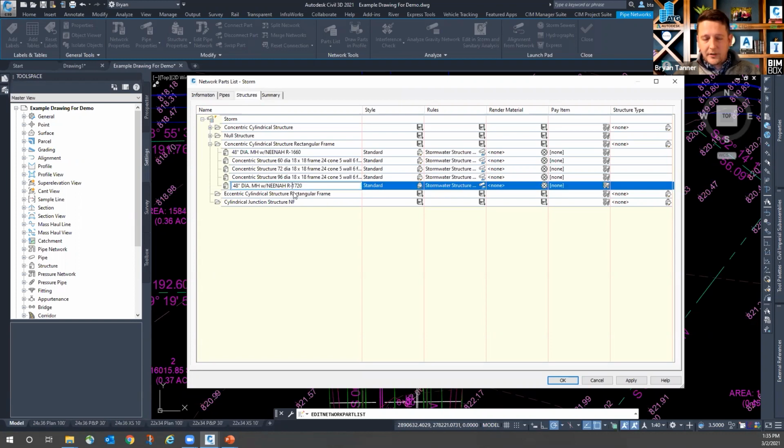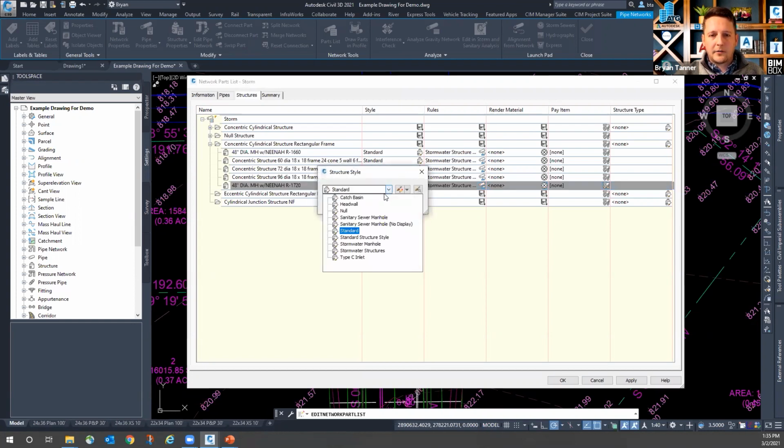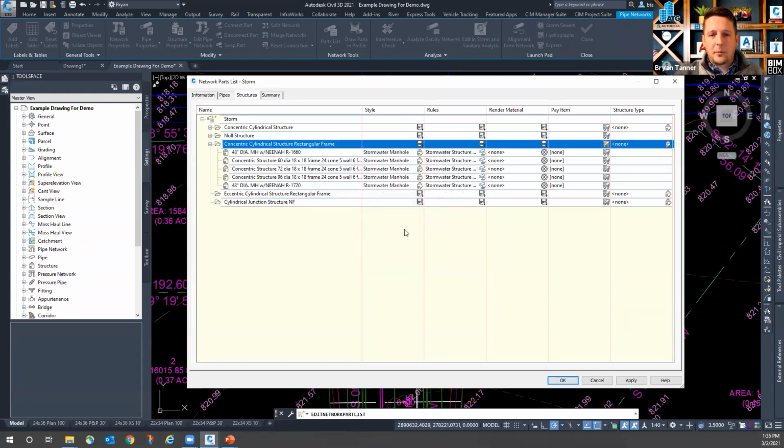We have that ability to simply duplicate the part, create the description that we want to have it labeled in the set of plans, build out the library as extensively as we use on our local projects or our DOT projects, and then apply the appropriate styles. So these are all store manholes. Apply that appropriate style to it, but it's going to be labeled the way that I placed it within the